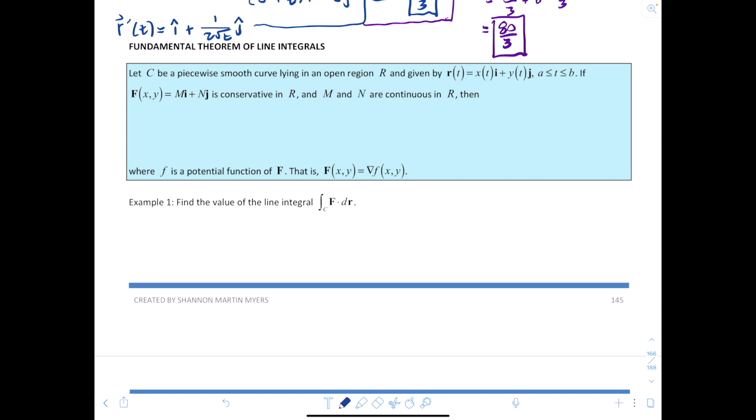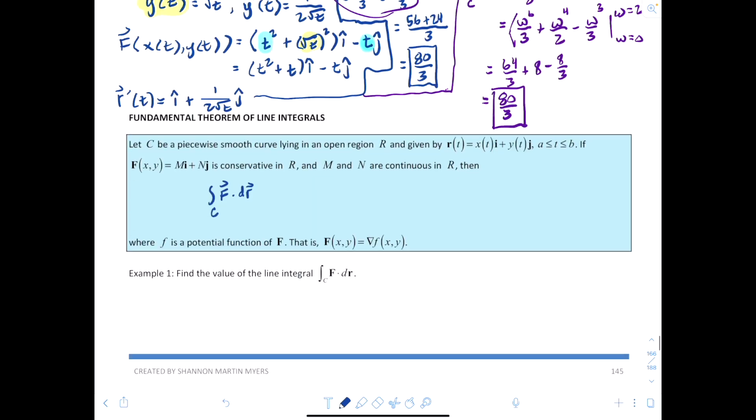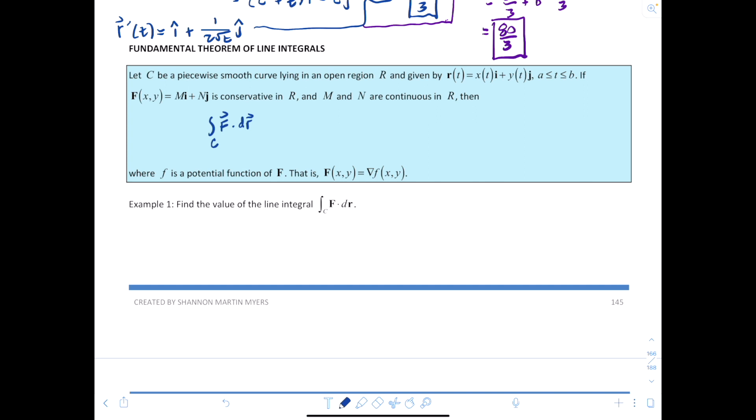If the vector field F of x and y equals M i plus N j is conservative in R, and M and N are continuous in R, then the integral over the piecewise smooth curve C of F dot dr is equal to the integral over C of del f dot dr,